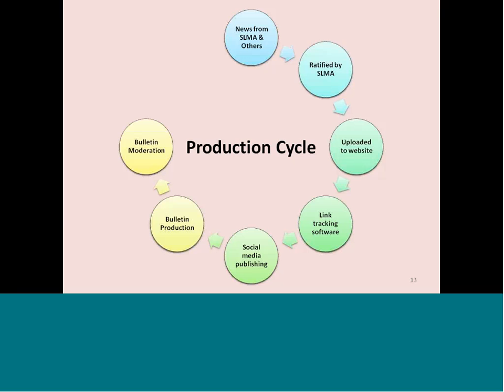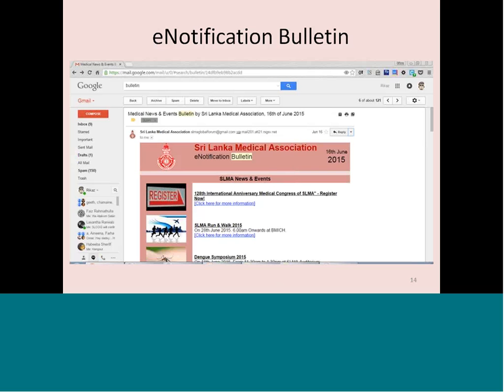They go through the links and they see whether that conforms with the guidelines of the SLMA, and then only we publish this bulletin. So this is the general production cycle which we have been maintaining for quite a long time, and it's quite useful and quite easy to use. And so the final product, of course, is that there would be a bulletin like this, as you see on your screen or in your inbox,